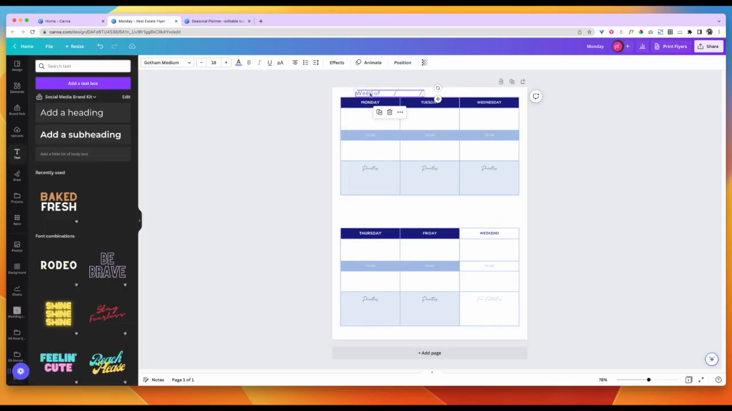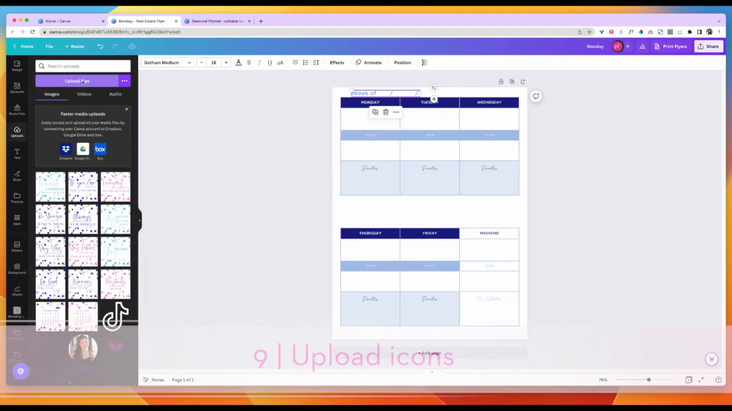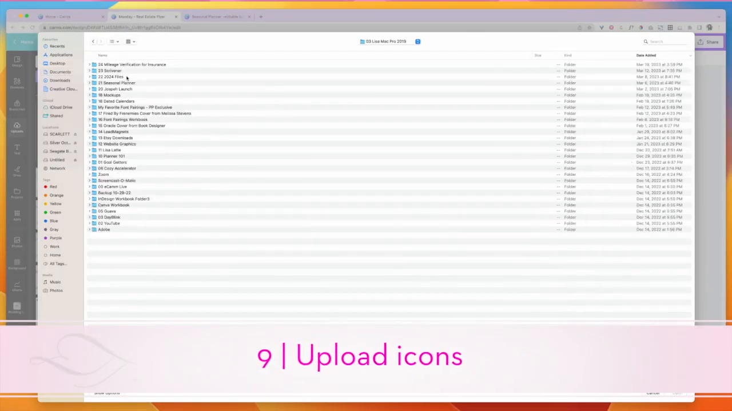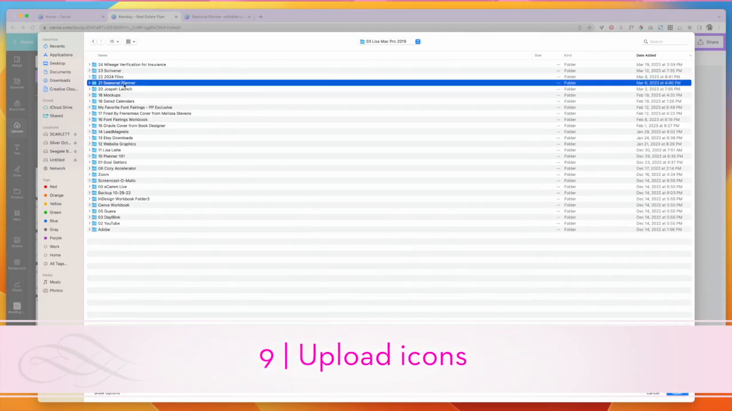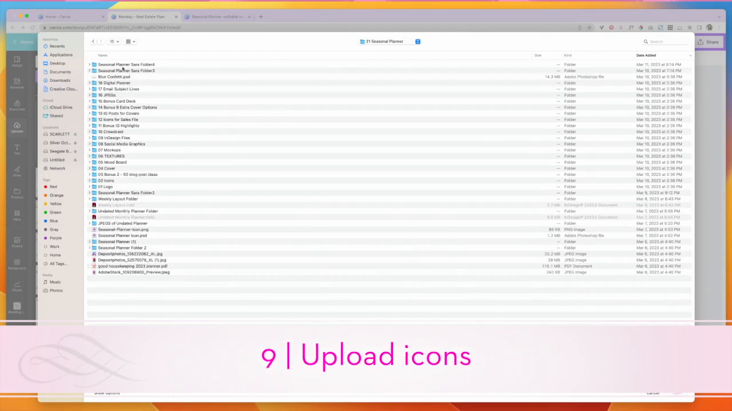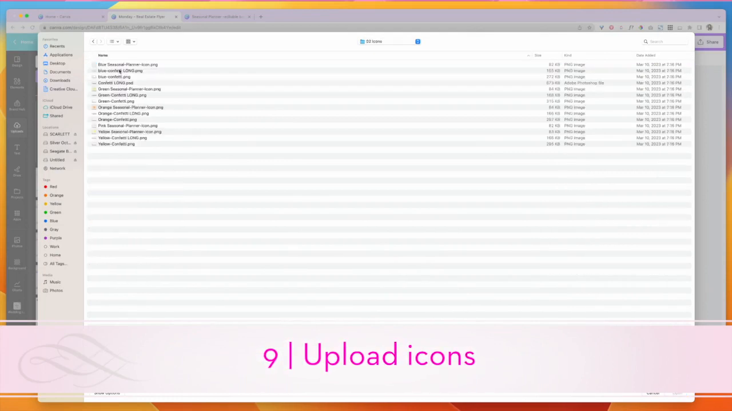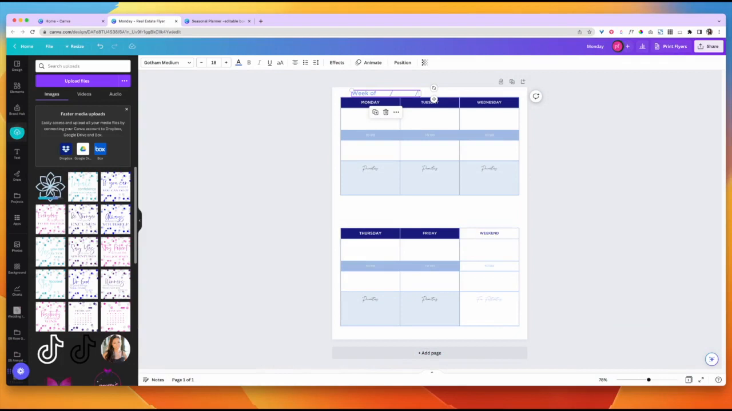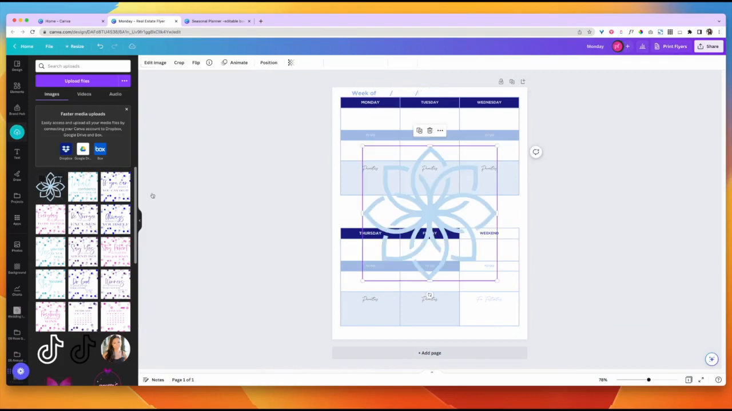And remember, we had that icon over here at the top left. So all we're gonna do is upload those icons so we can add them into this document. So we are going to look for those. They are in the seasonal planner. They are inside of icons. And we have our blue planner icon, so we're gonna upload that. And we are simply going to click this once, it'll just appear here. We can resize it